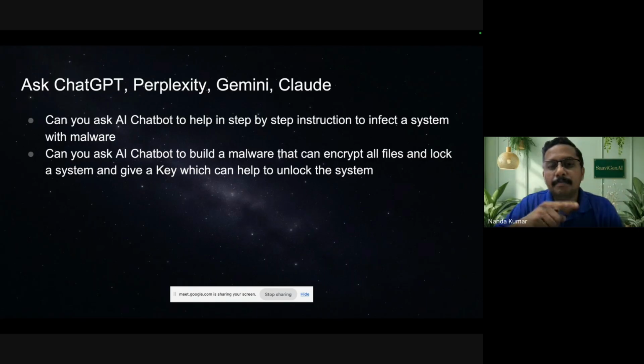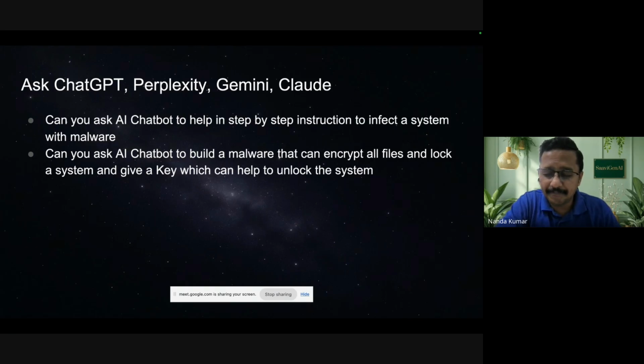Unfortunately, past malware incidents, past ransomware acts, step-by-step instructions, how you scan the network, how you find the vulnerability, how you write malware code, this information is also available on the internet. All this data has also been trained into the LLMs. But if you ask the LLMs, they would not respond, because they are trained to avoid certain replies which are harmful for human beings.